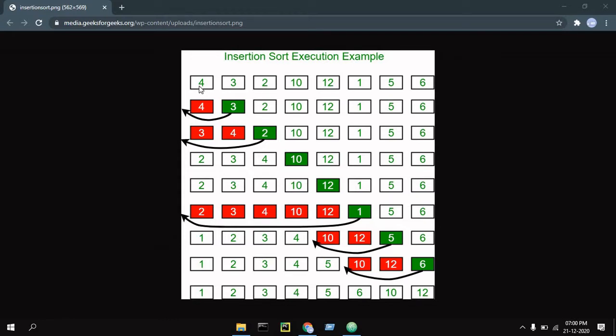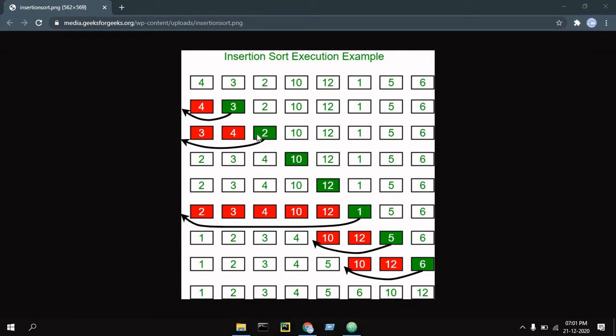In the above array we are given 8 elements and the first element we take is 4. Then we go to the second element and take its value, which is 3, and compare it to 4. If it is less than 4, then we shift it to the first index.